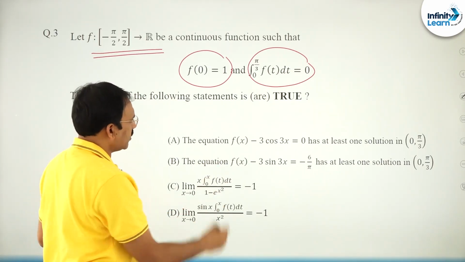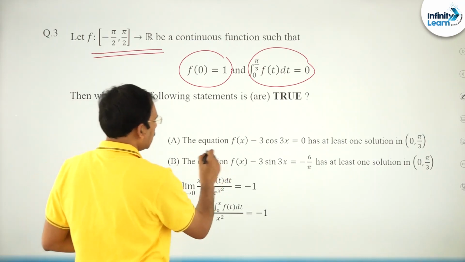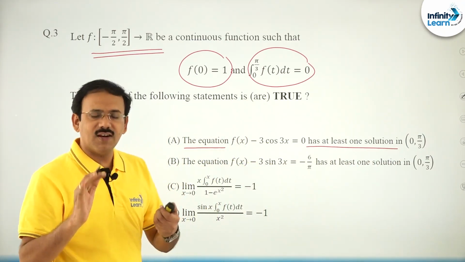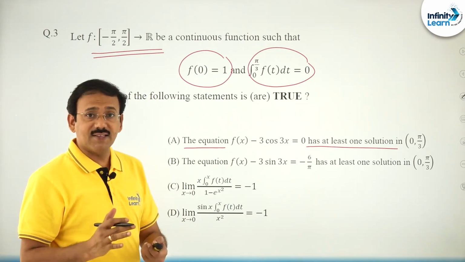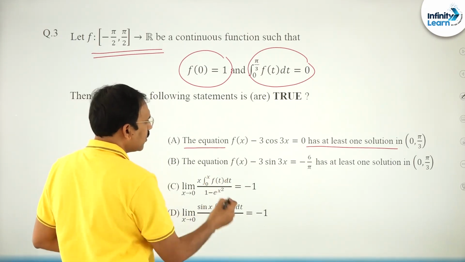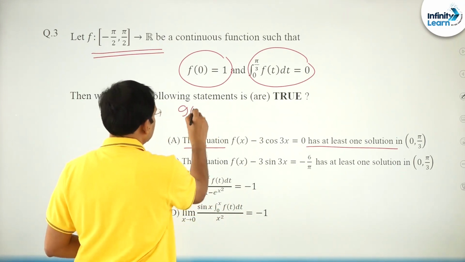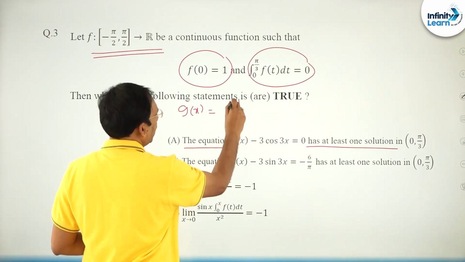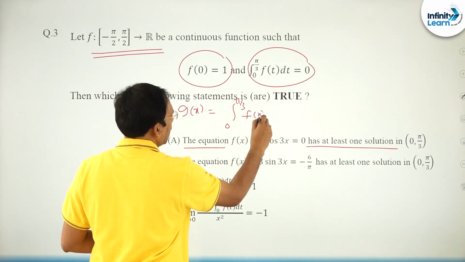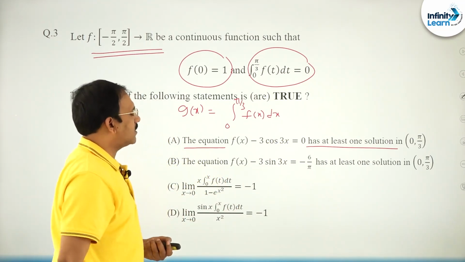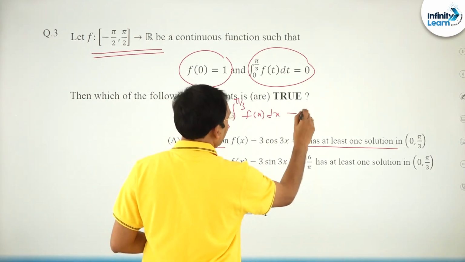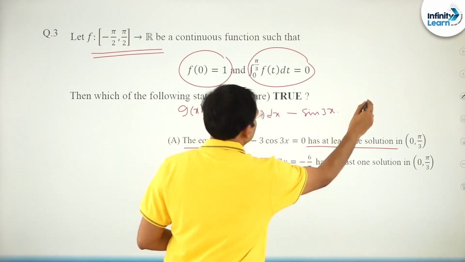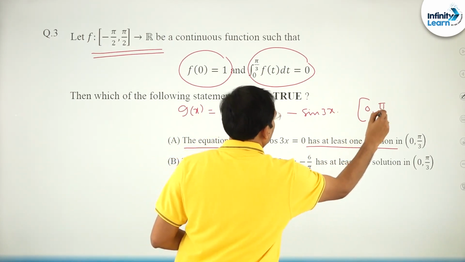You see, for these questions, where you can answer that the equation has at least one solution, generally we can recollect Rolle's theorem, Lagrange's theorem kind of applications. You consider a function g of x such that, friends, the integral from 0 to pi by 3 of f of x dx gives minus 3 cos x; let me write minus sin 3x as the function on the interval 0 to pi by 3.